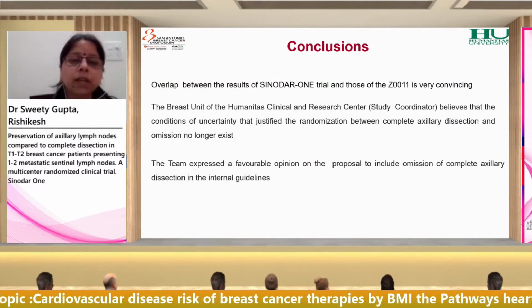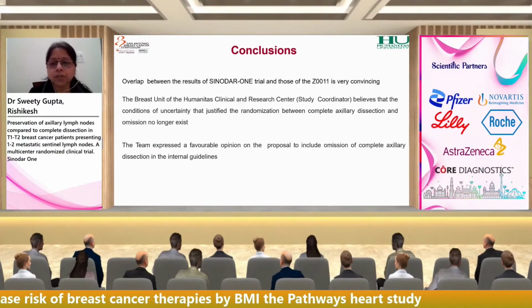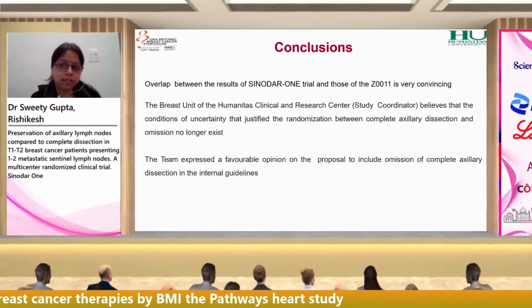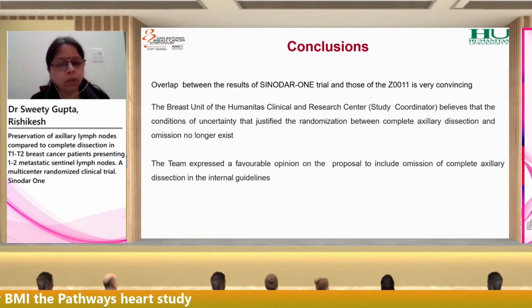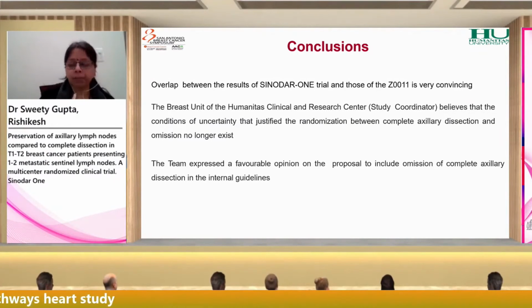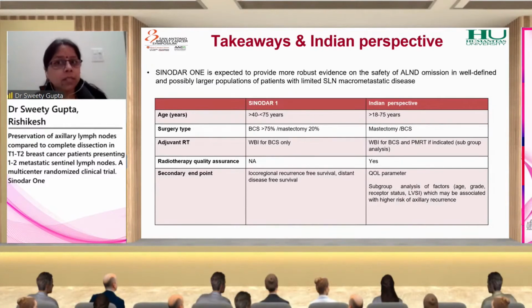The breast unit of the Humanitas Clinical and Research Study believes that the condition of uncertainty that justified the randomization between complete axillary dissection and omission now no longer exists. And they also expressed a favorable opinion on the proposal to include omission of complete axillary dissection in the internal guidelines. Now, the takeaway and the Indian perspective on this trial: the Sentinella 1 is expected to provide more robust evidence on the safety of ALND omission in a well-defined and possibly larger population of patients with limited sentinel lymph node macrometastatic disease. So, our perspective in an Indian scenario,